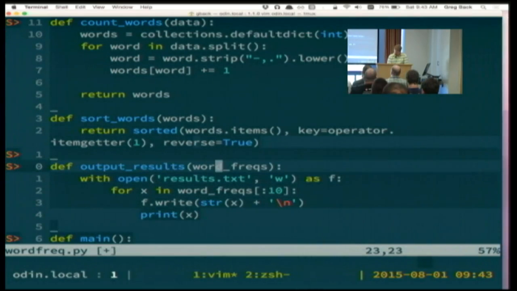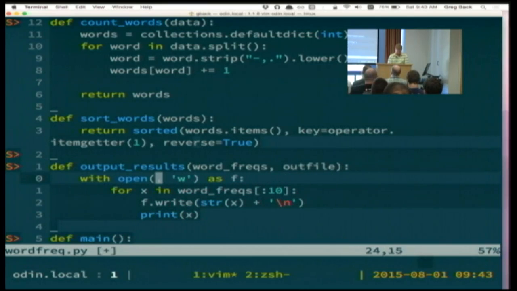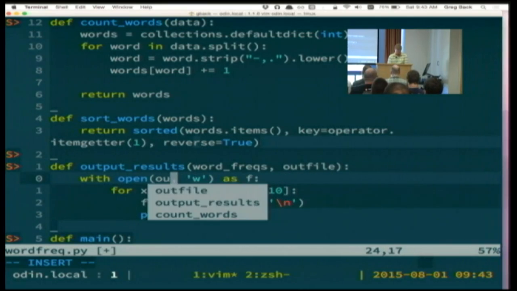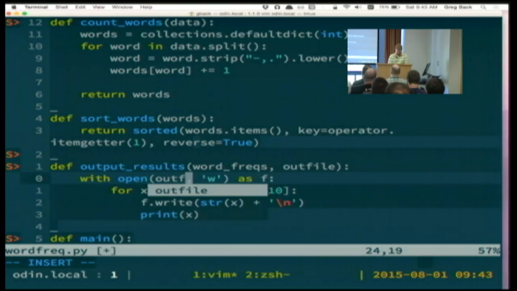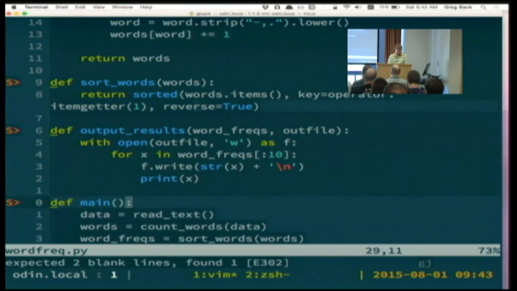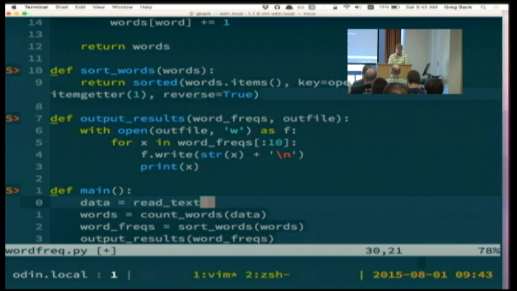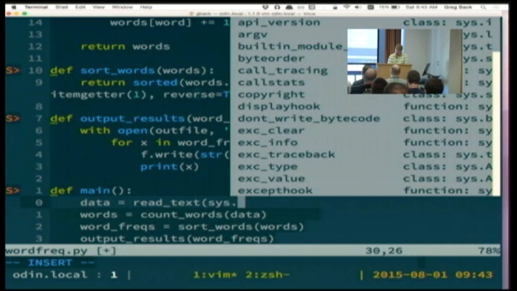And then the output file, I just need to add that as a parameter here, and I'm going to obviously open that and have that be the file that the results get written to. And then down in the main function, I just need to pass